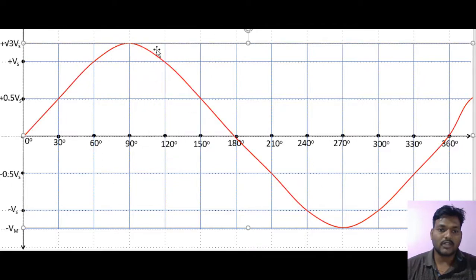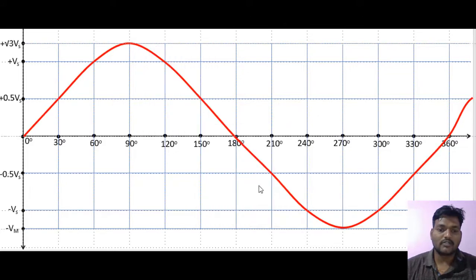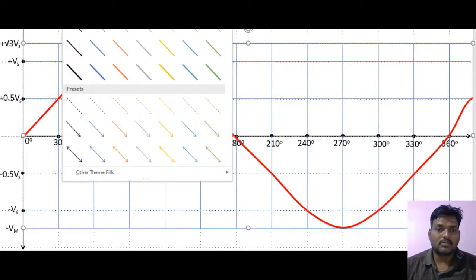So here I'll put it as red color to indicate it is the phase R voltage, and for clear visibility let us take it like this. So this is the drawn waveform. It is not coming perfectly because I'm using a mouse. If you draw with pencil or pen, it will come very neatly. Okay. Similarly, next take